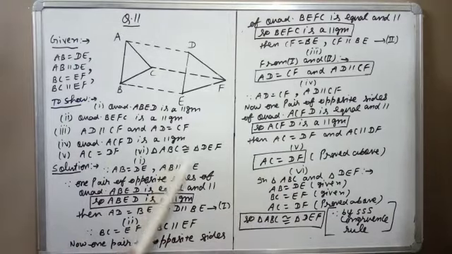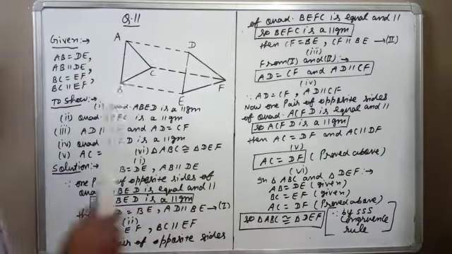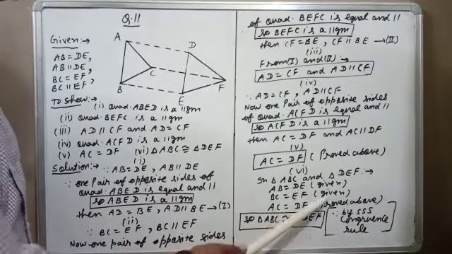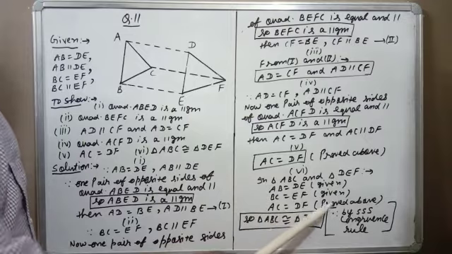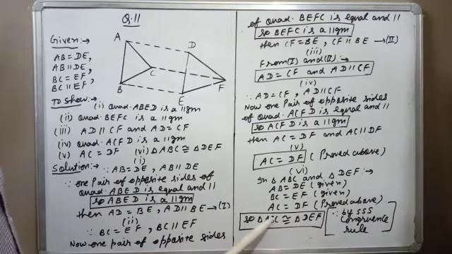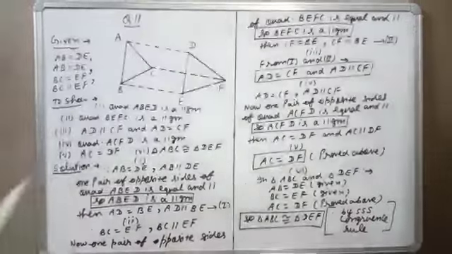Now the last, sixth part. Here we want to prove these two triangles congruent. Again, first we will use the given. AB equal to DE, this is given. Then BC equal to EF, this is also given. Third step, AC equal to DF, this is proved above. So triangle ABC congruent to triangle DEF by the SSS congruence rule.